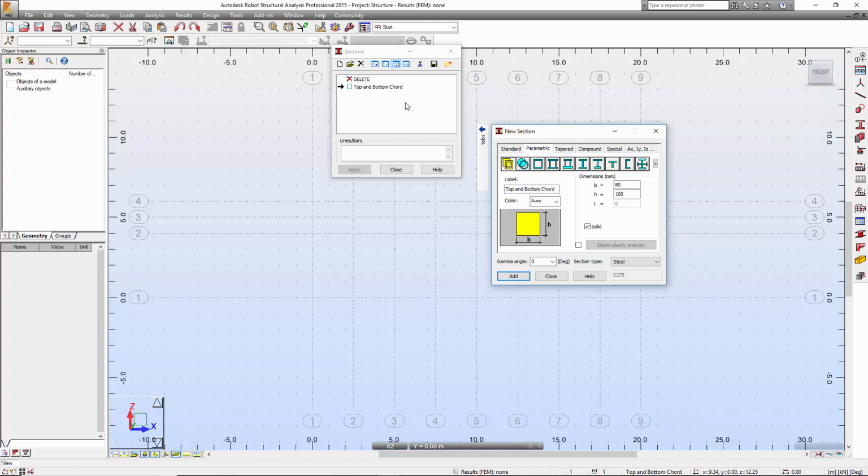So the top and bottom chord has been created in there. And again, we do the median one. So the middle cross section is 50 millimeter times 80 millimeter height, and then the thickness we don't need because it's solid, so take this one, and then